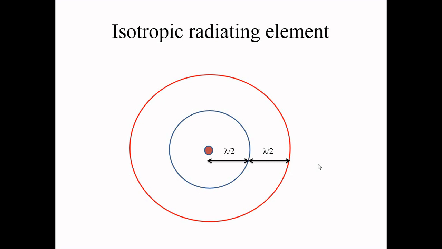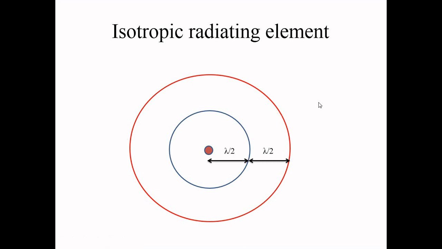So because of this, an isotropic antenna will radiate like a sphere. A sphere, if seen two-dimensionally, will look like a circle. And let us imagine that if this small dot-shaped antenna radiates, the first half cycle it radiates is represented by a blue colored circle, and the second half cycle, which is a negative half cycle, is shown by a red colored circle. So eventually the complete cycle is of lambda wavelength. This is the positive half and the other one is the negative half.